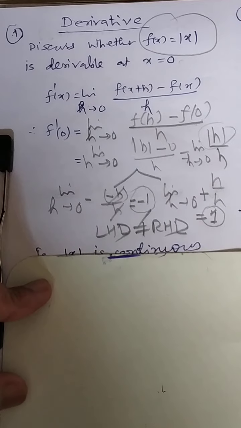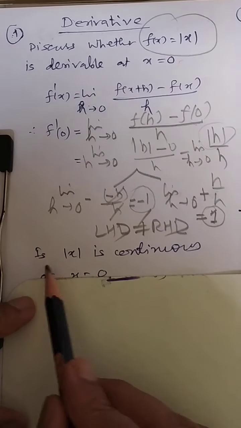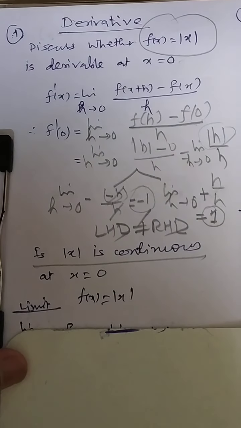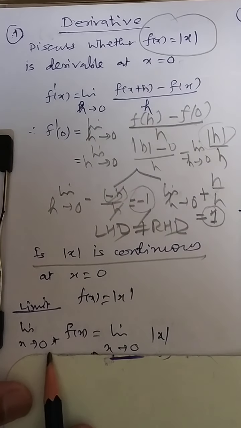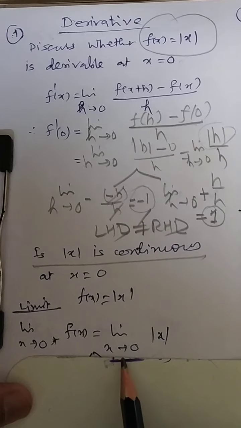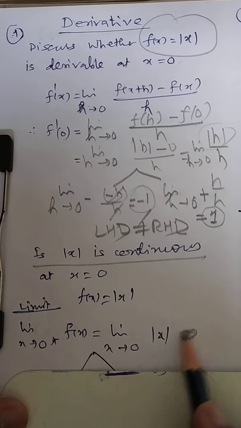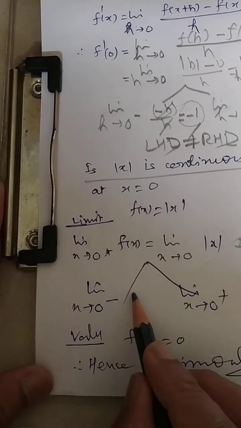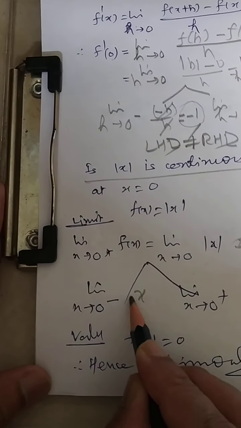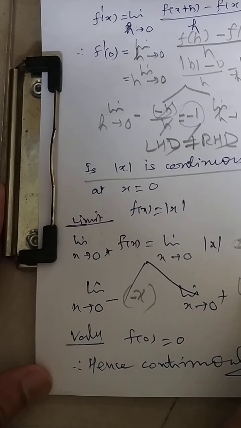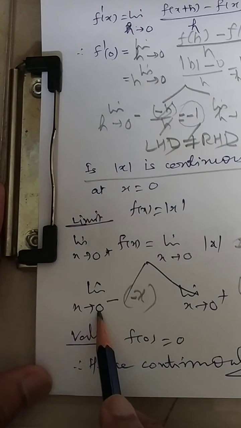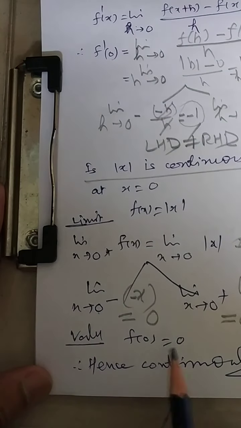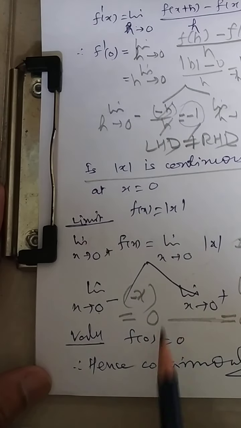Quickly we talk about whether it is continuous. Yes, this function is continuous. Suppose you want to prove how it is continuous at x equal to 0, you will be getting the limit of the function f of x. Whenever there is mod x, again the same issue will be there. You have to talk about two cases. It will be nothing but minus x, and over here it will be plus x. But as you replace x equal to 0, this answer is 0, and this answer is also 0. That means the limit exists. LHL and RHL are the same.